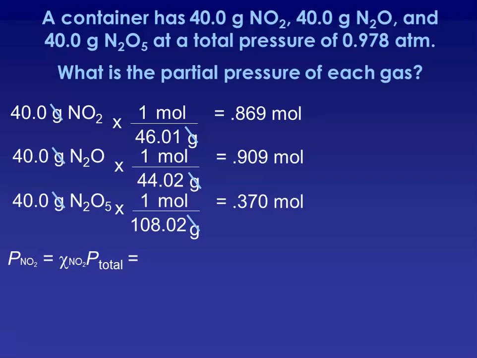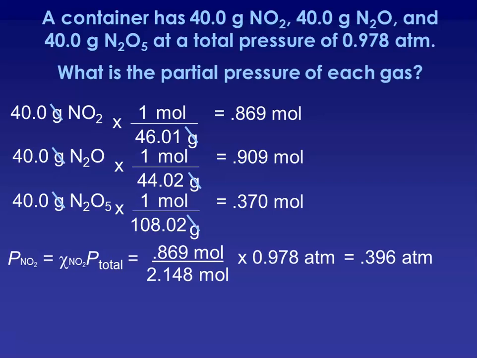So if I want to find NO2, I would take the mole fraction for NO2, which would be its moles, 0.869, over the total moles. And if I add those three together, you get 2.148. And then I multiply that by my total pressure. And so that proportion of the total pressure is the pressure contributed by NO2: 0.396 atmospheres. I can do this again